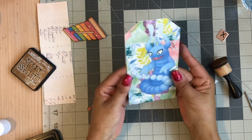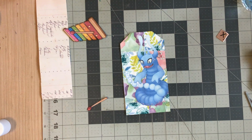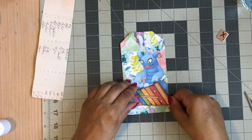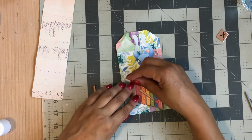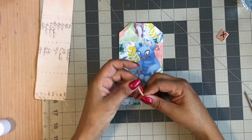That looks cute already, actually. He's been sitting on my desk for about 3 days now. And I guess the longer I look at him, the cuter he's becoming to me. But okay, I think we need to put this way, so like he's getting ready to grab. Or, well, I guess this way would be fine too. And then